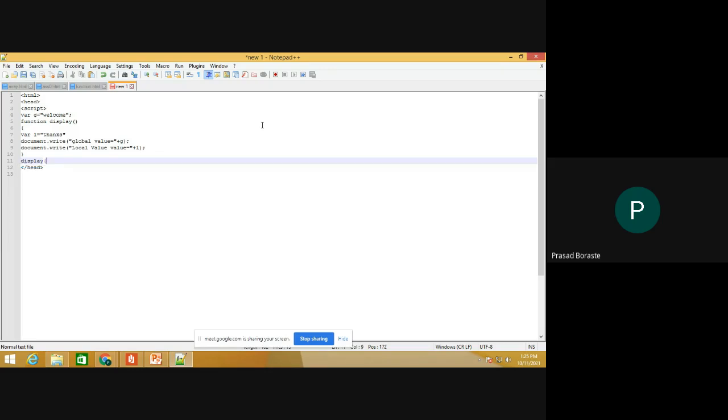Display opening and closing bracket, close of the script tag. Closing of the body tag.